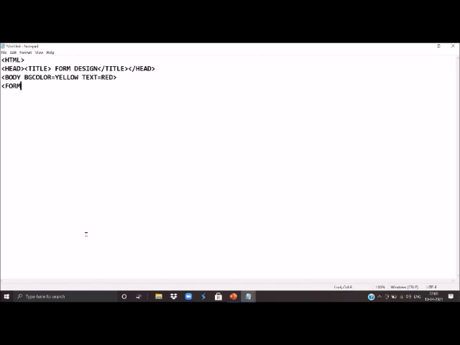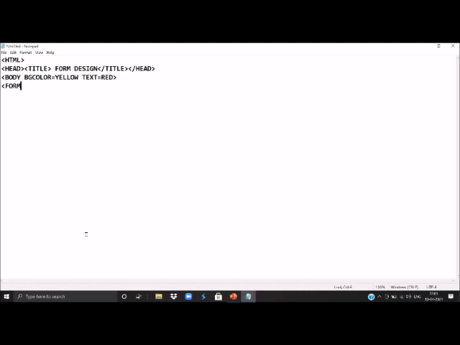Method property tells the form how to transfer the data to the form processor. We can assign either of the two values to the method property, which are get and post. By default, the method property is set to get, but it is not secure because it displays the data in the URL.